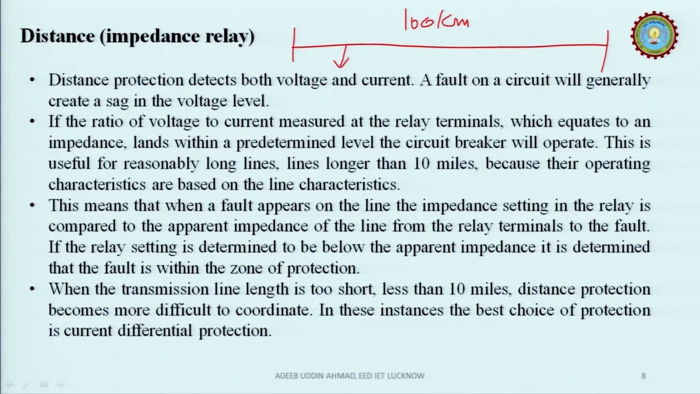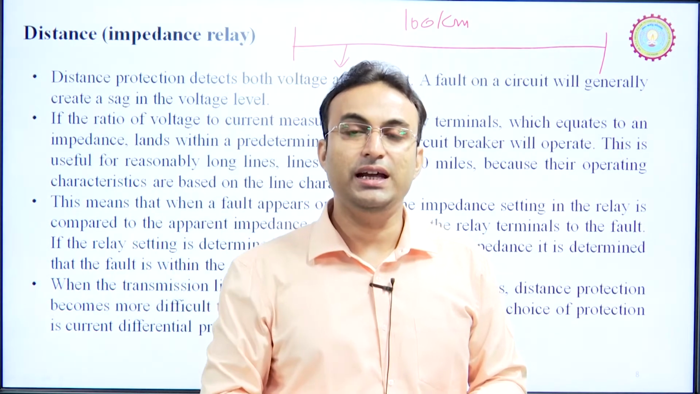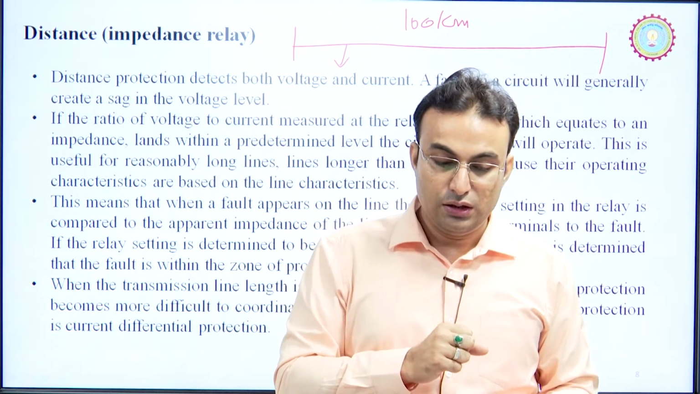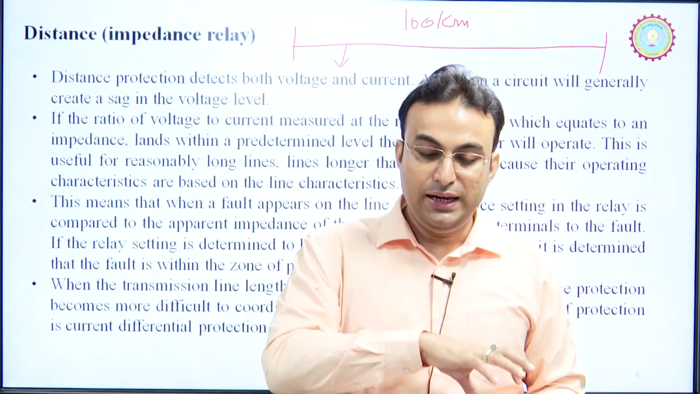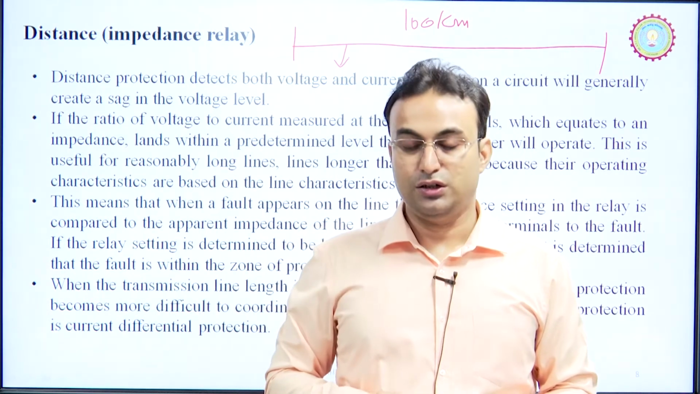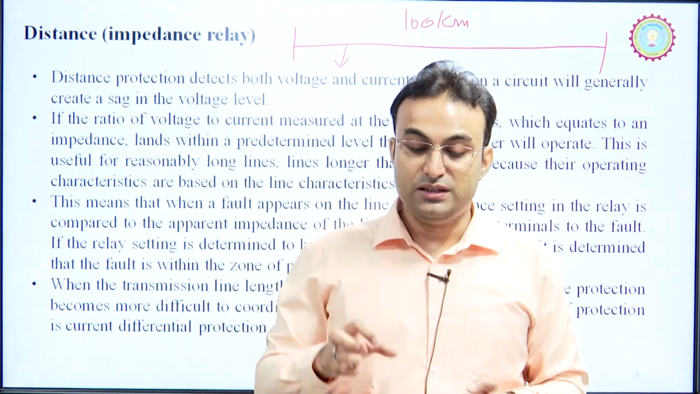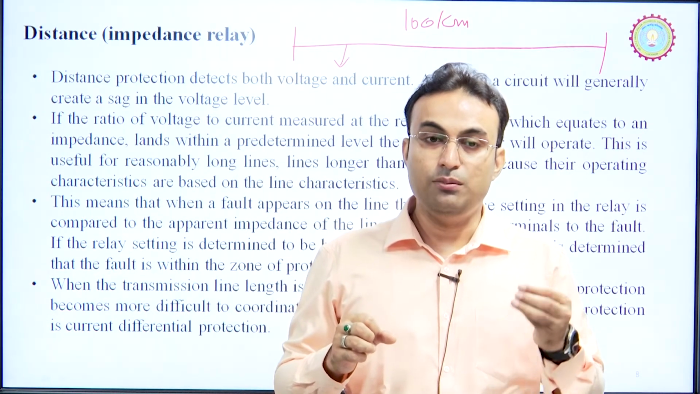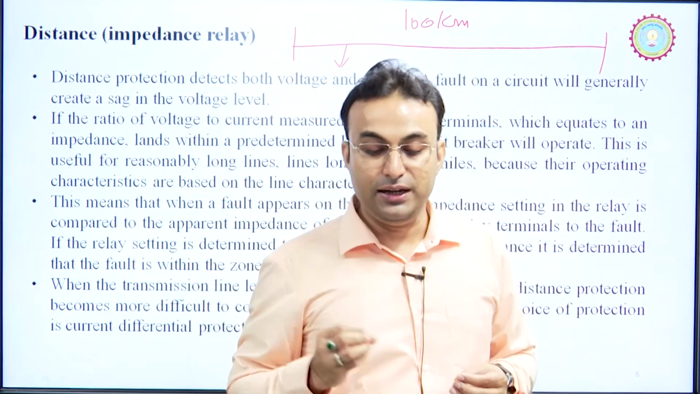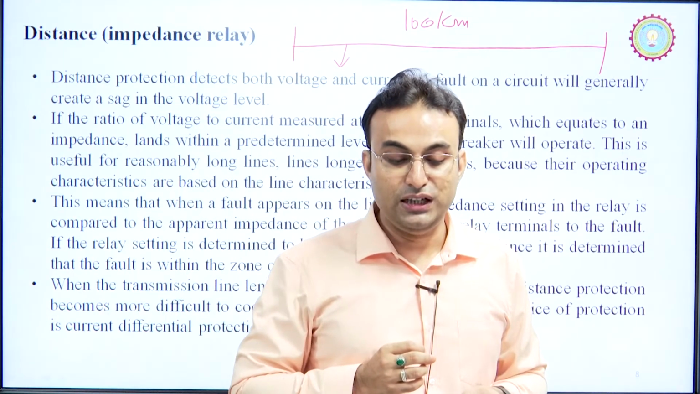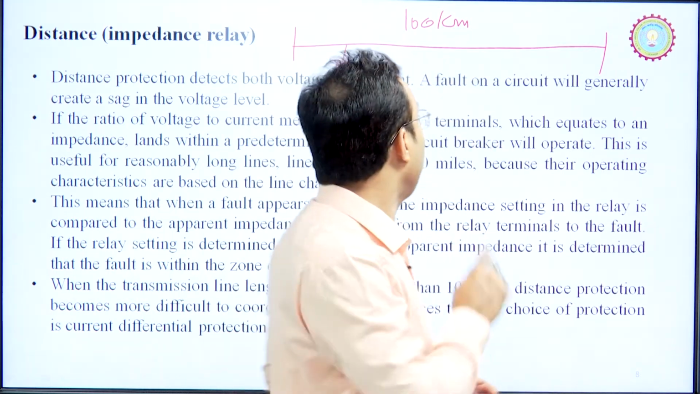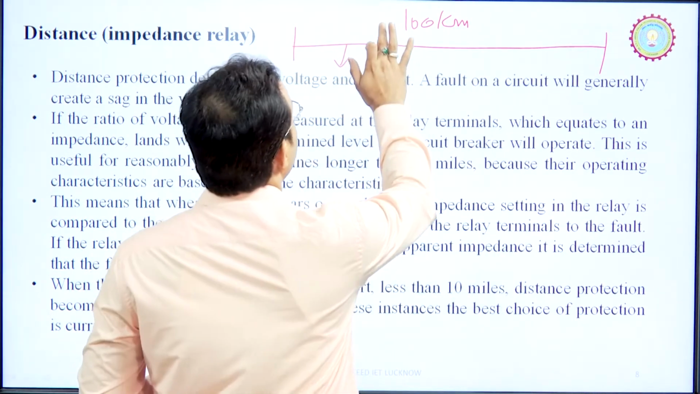So, if the relay has a different type of setting, and this setting is determined to be below the apparent impedance, so if we have some impedance and the relay setting has a lower impedance than this apparent impedance, it is determined that the fault is within the zone of protection. We can understand one more thing,